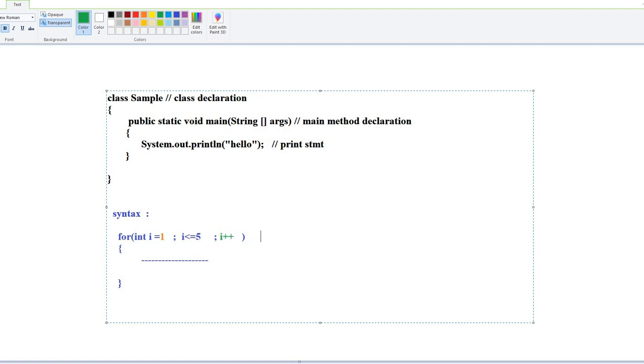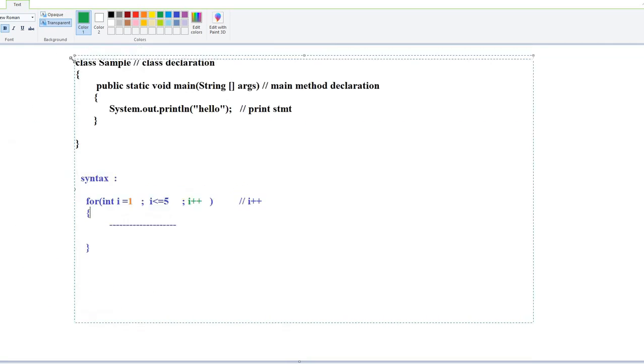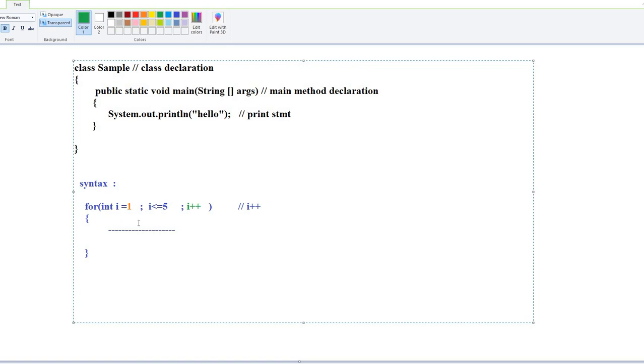Before going ahead, let's understand what i plus plus means. Let us take an example of i plus plus. So let me take something called,